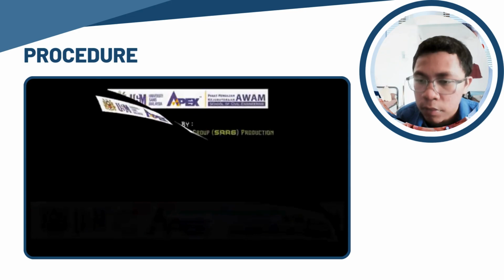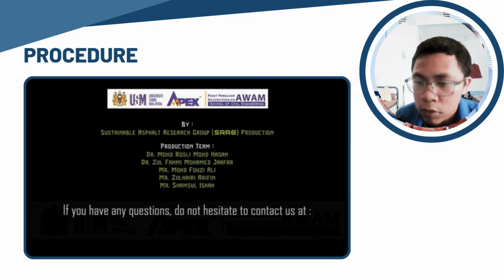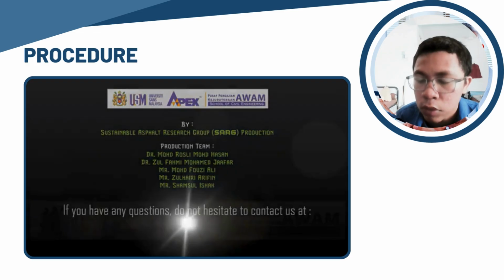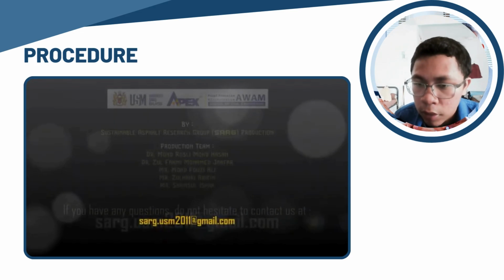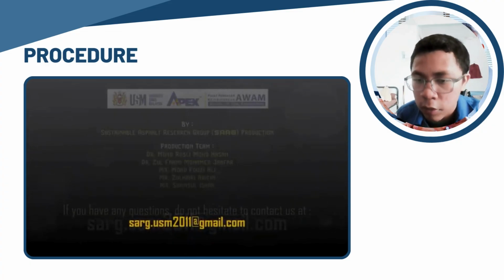For bulk mixture preparation, the aggregate and filler to be used in order to meet the specification limit. 1,200 grams of blended aggregate, sand and filler